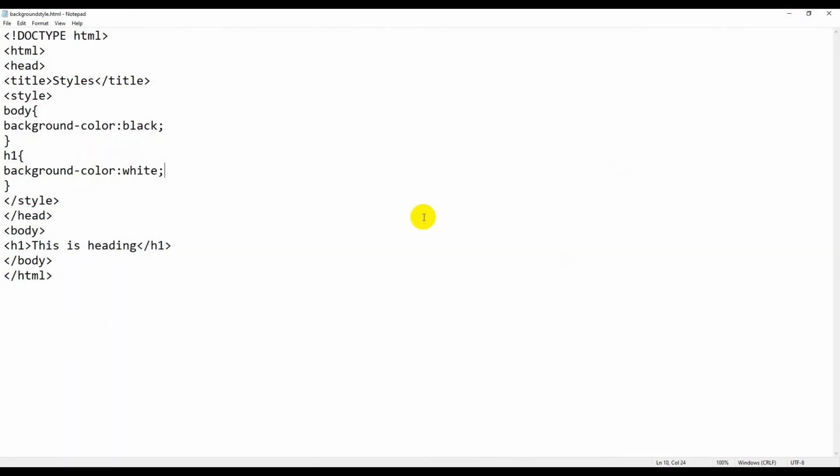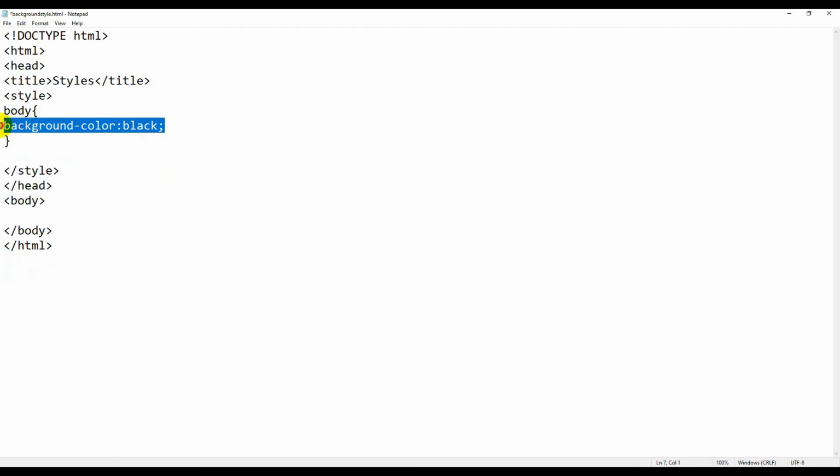And now let's clear this and let's add an image to the background of this page. So we already have an image with name 1.jpg. So let's add that to the background. So in the style of the body, I'll say background-image: url of 1.jpg. So here the image is located in the same place where the HTML file is located, right? That's why we do not mention the whole location of the image. And if the image is in another folder, then we need to mention the whole location. So let's see the output now.